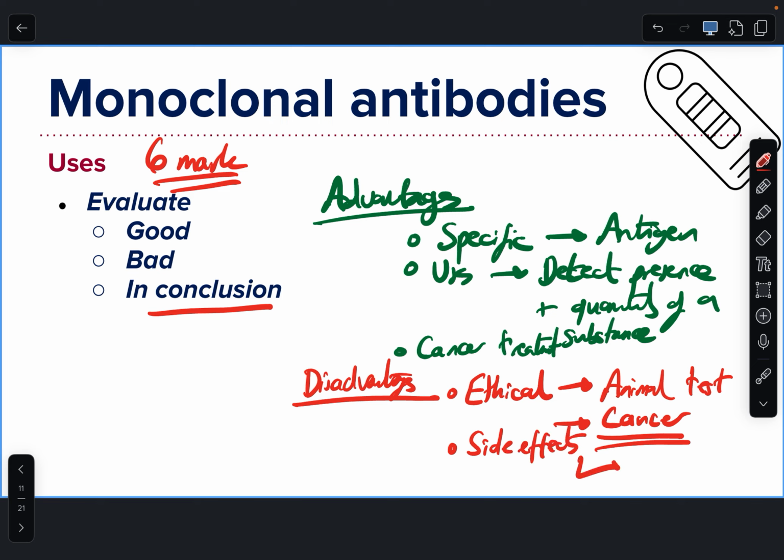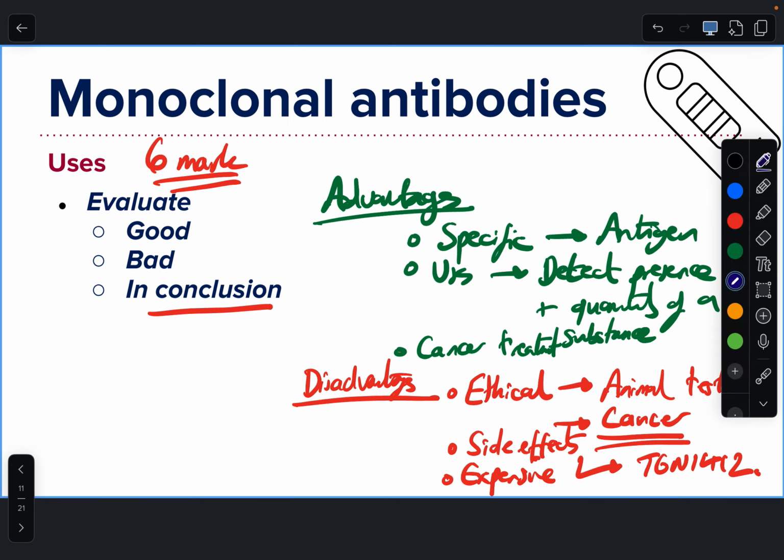And there have been incidences of people who've had monoclonal antibodies who end up with cancer. There's a particular case called TGN1412. You don't need to know that, but that's a case that was in the news a few years ago where people died from their testing of monoclonal antibodies. Okay? It is also expensive. So that would get me 5 marks if I just wrote it. And even if I wrote it like that, and I'd encourage you to separate it into advantages and disadvantages, and you can bullet point it. But then in order to get my 6th mark, I would then say, but to conclude,